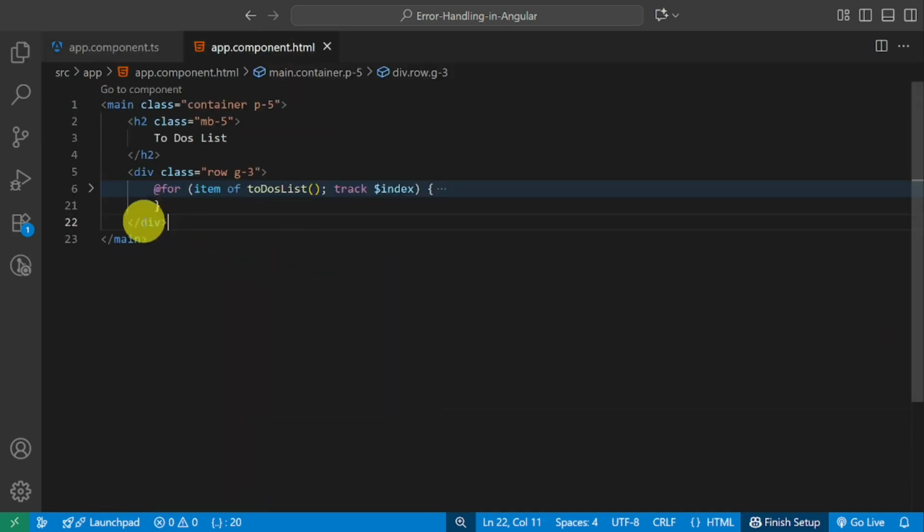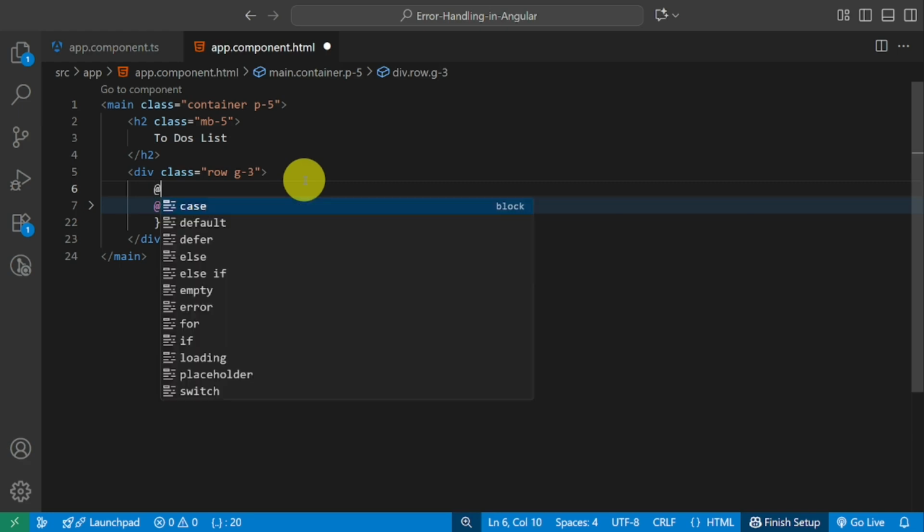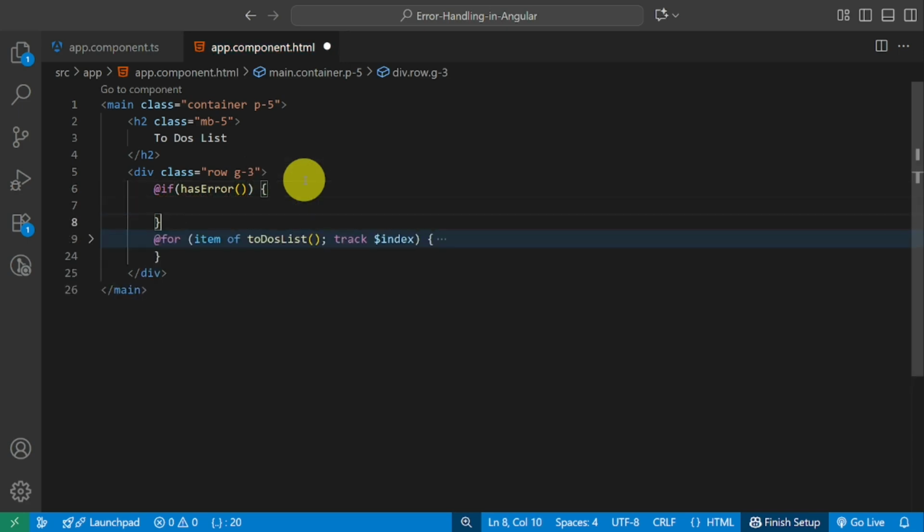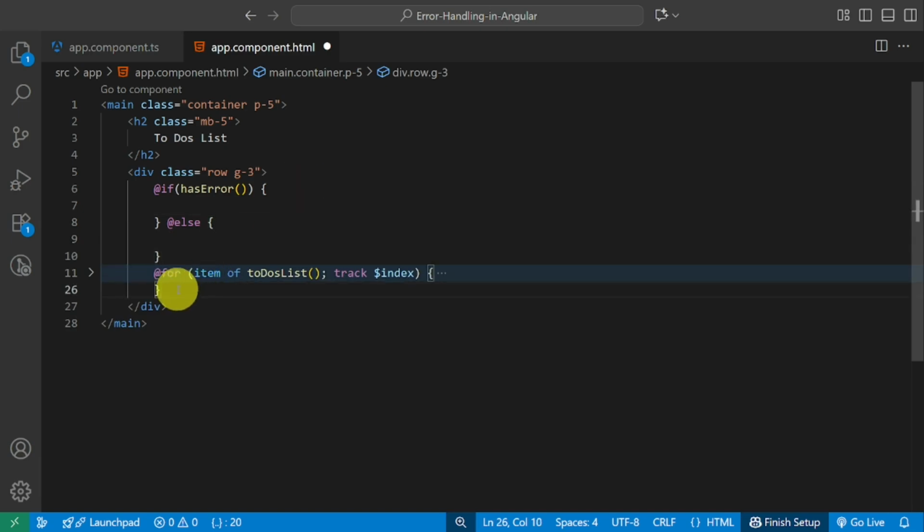Now in the template I use @if, the new syntax of ngIf. Now I write @if and @else.